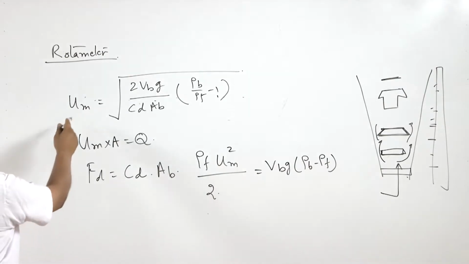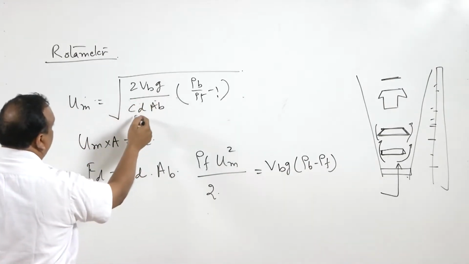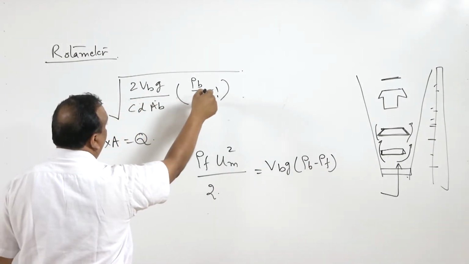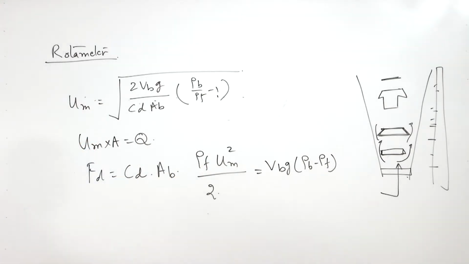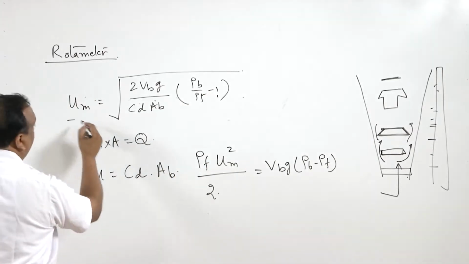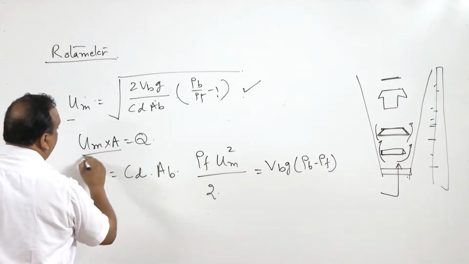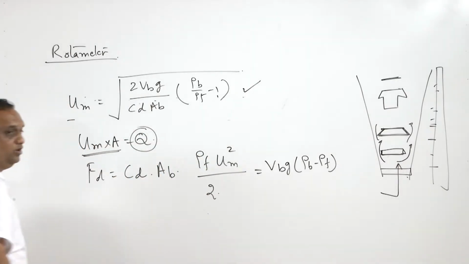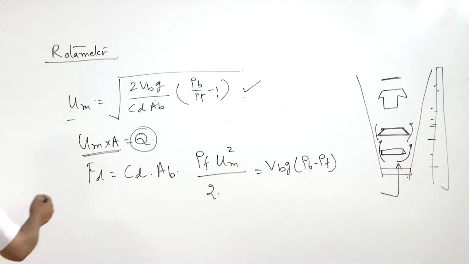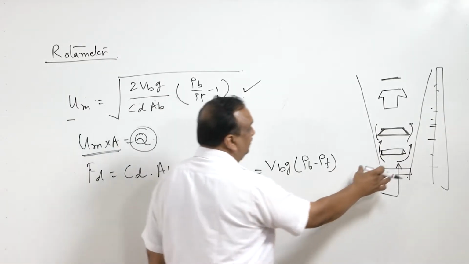UM is going to be the square root of VBG by CDAB multiplied by the ratio of the densities minus 1, right? Once we have the value of UM, we can multiply by A, then we will get the volumetric flow rate. Volumetric flow rate multiplied again by the density of the working fluid, that is water here, gives the mass flow rate. Now for area, because this is a variable area flow meter, the area is